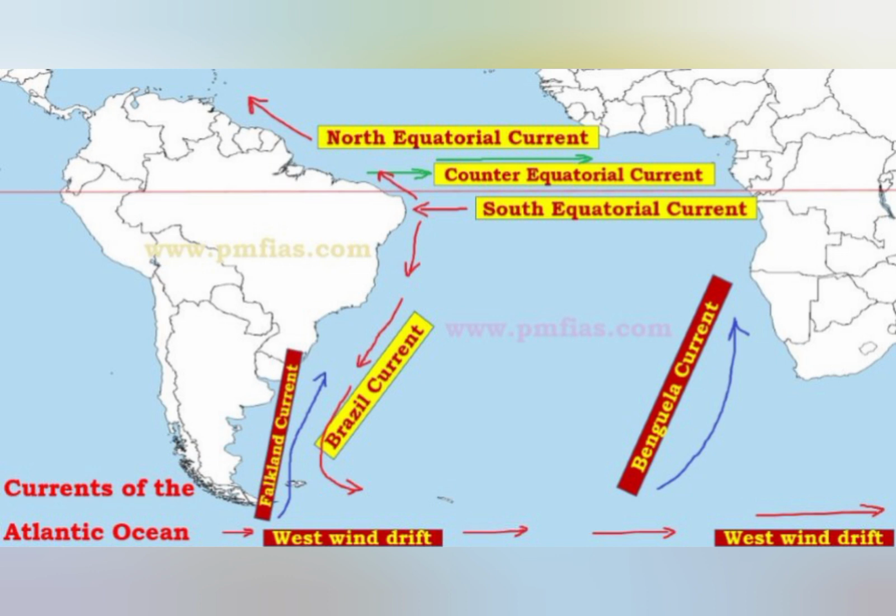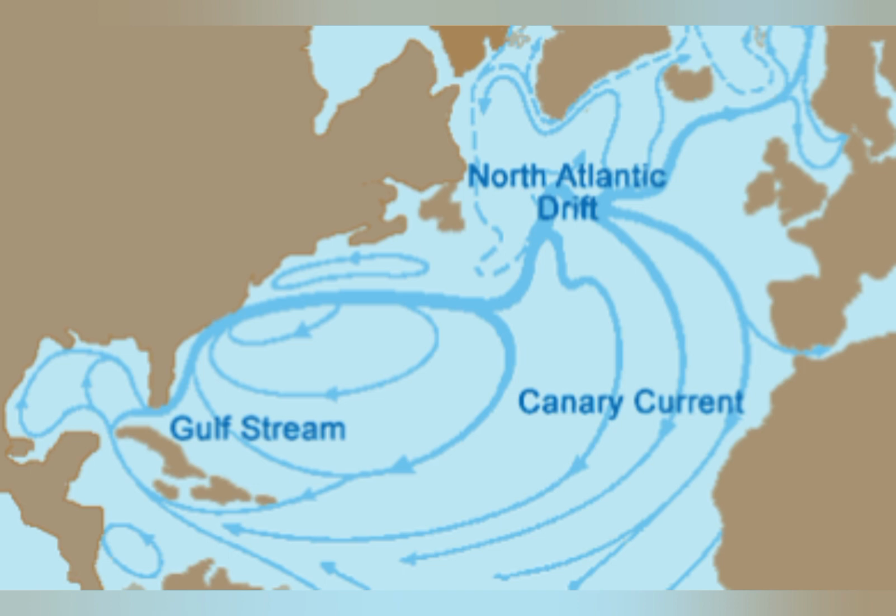The equatorial current, which is passing along the equatorial region above 0 degree, is the north equatorial current, which is again a warm current. It becomes the Antilles current as it passes the West Indies. So the equatorial current, when it passes along different regions, is known by different names. When it passes across the Florida Strait in the USA, it is called the Florida current. Another group of currents are